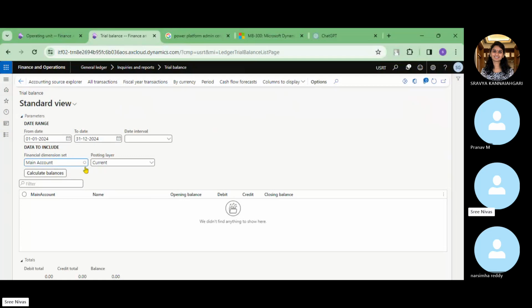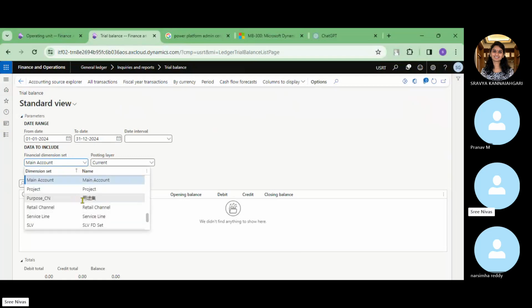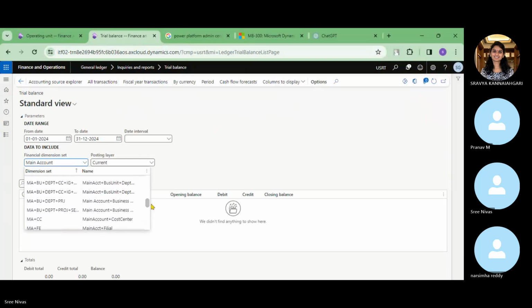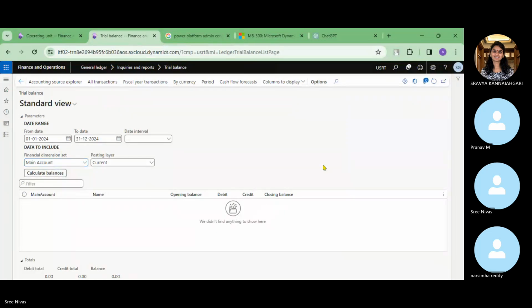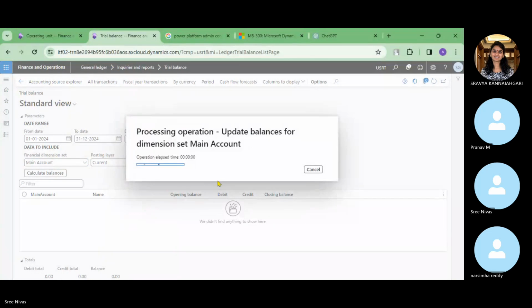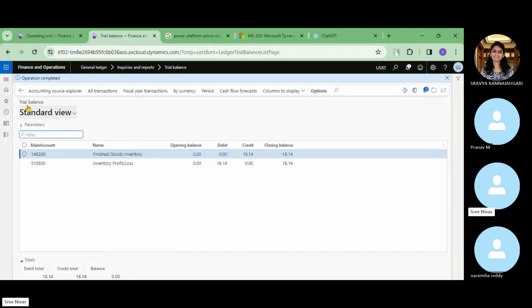So even this financial dimension set we can create, that also I'll show here. So as of now, I didn't give any financial dimension set, but yeah,